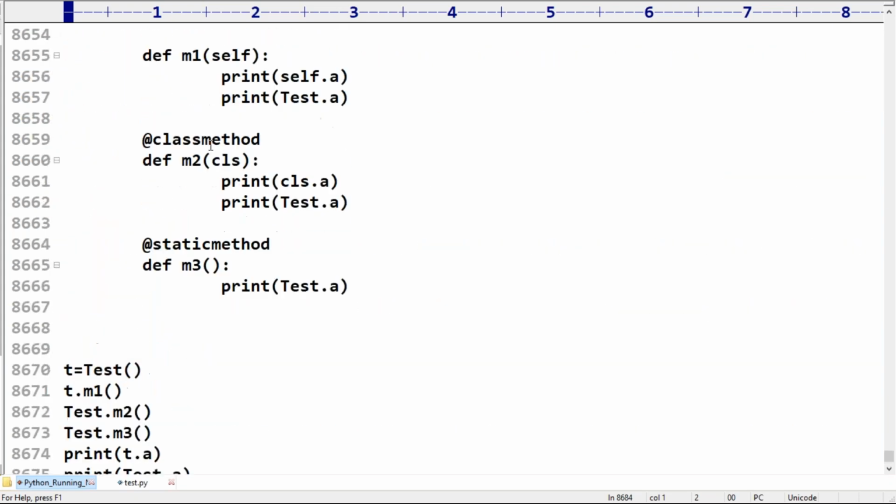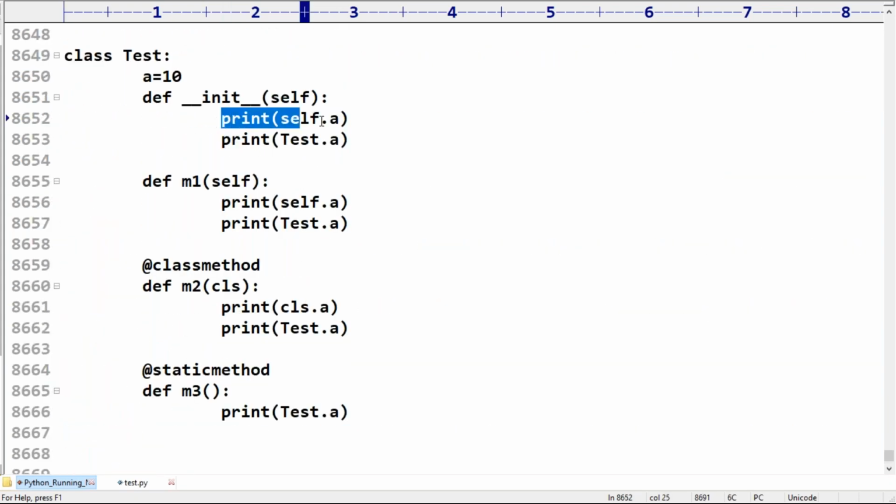Suppose you are accessing self.a, the first priority always goes to the instance variable. If the instance variable is not there, then only it brings the static variable. Anyway, this doubt will also be clarified in the next example, so don't worry.